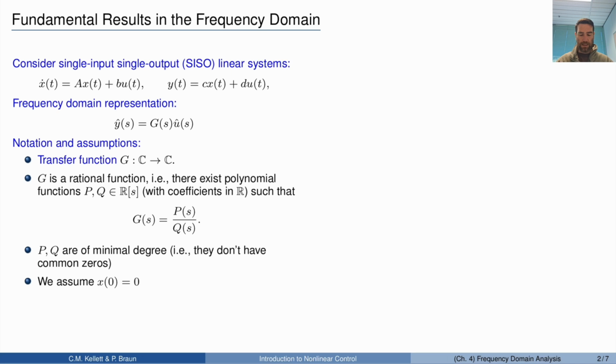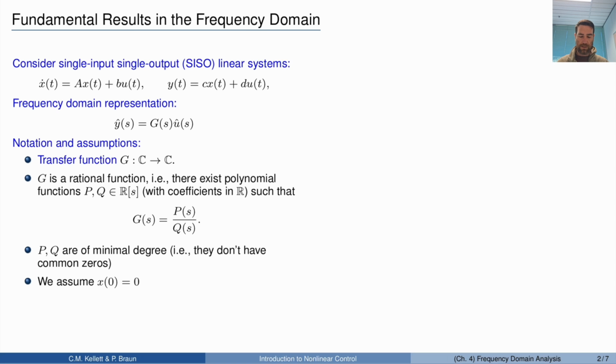Okay, and to get there, we need to first look at the Laplace transform. So a bit of terminology and assumptions. This, at this stage, unknown function G is called the transfer function, taking complex values and then returning complex values. We assume here in the context of this talk and also in the book that G is a rational function